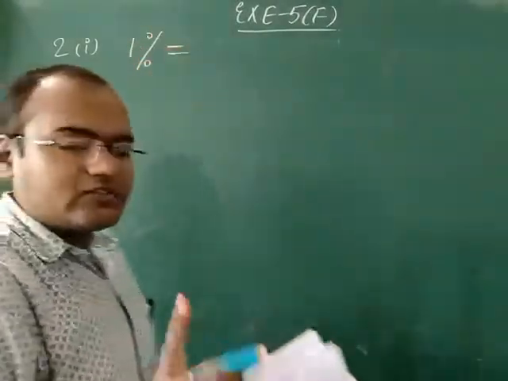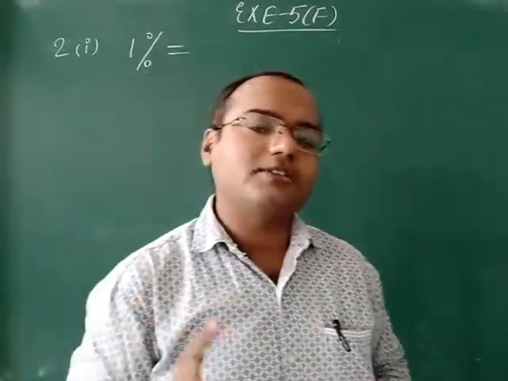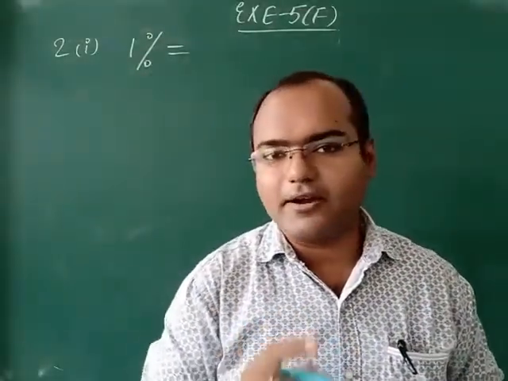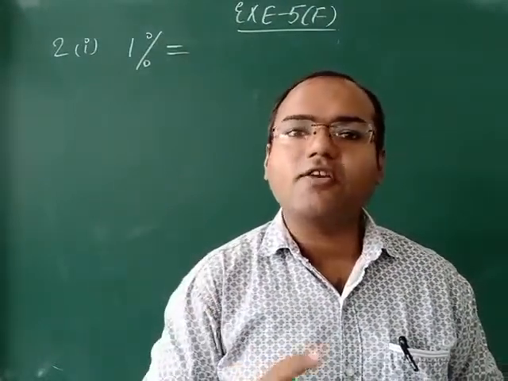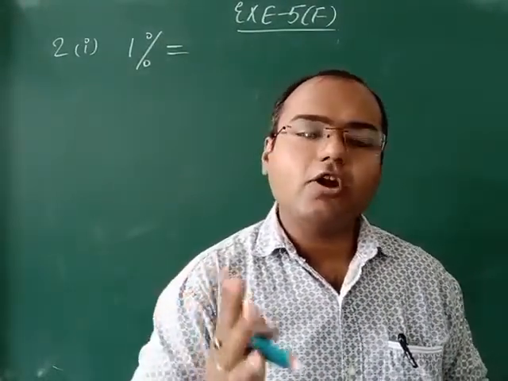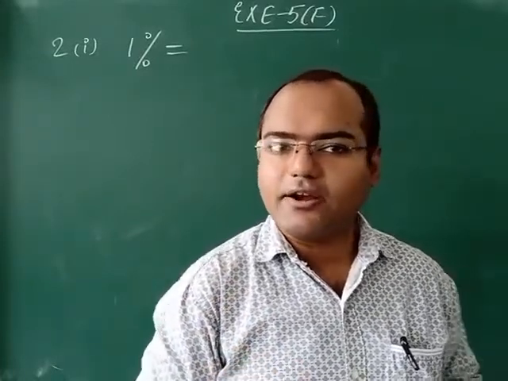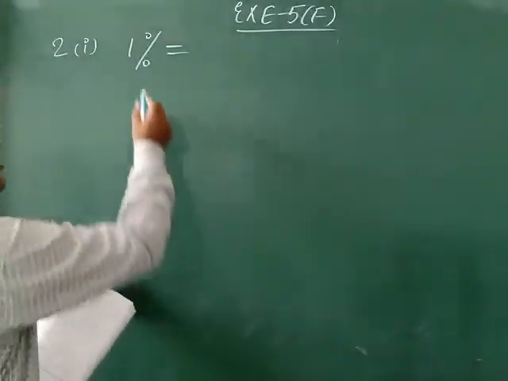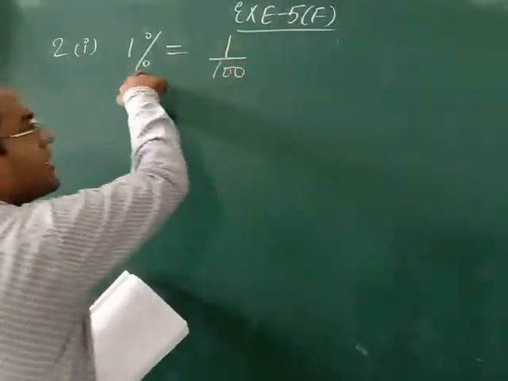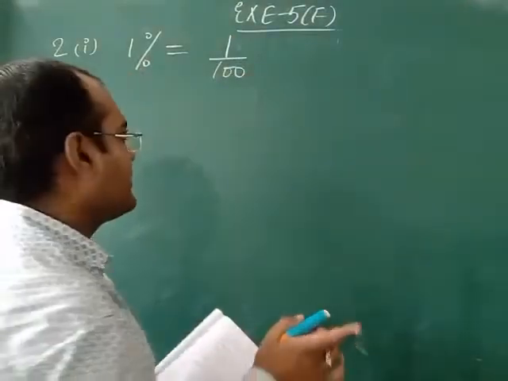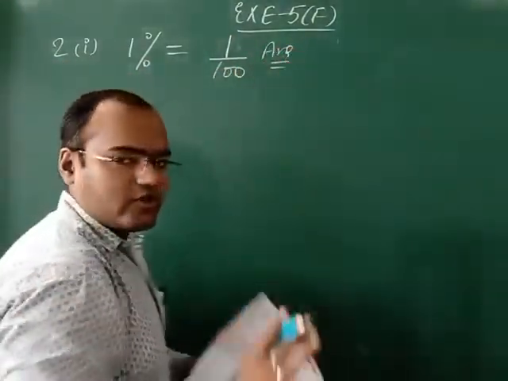So in the previous question we had changed into percentage. तो आंसर परसेंटेज में लाने के लिए हमने मल्टीप्लाई 100 किया था. नाउ हेयर ऑलरेडी परसेंटेज साइन इज देयर. नाउ वी हैव टू रिमूव द परसेंट साइन. इन ऑर्डर टू रिमूव द परसेंट साइन व्हाट यू विल डू, you have to divide it with 100. So first of all what you have to do, 1 we have to write and we will divide it with 100 because we are removing percentage sign. Now final answer is 1 upon 100. Only this much you have to do.